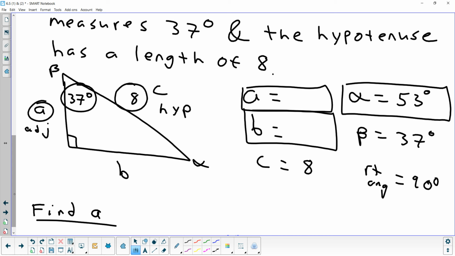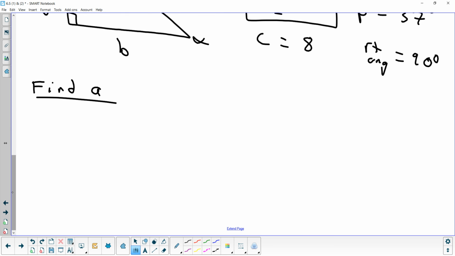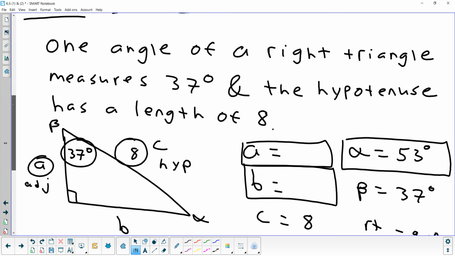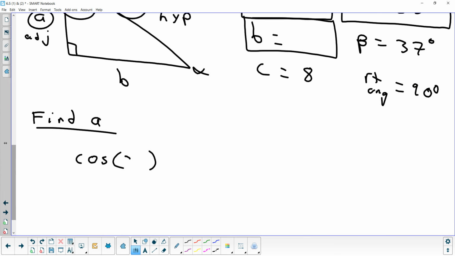What trig function involves adjacent and hypotenuse? Your choices are sine, cosine, or tangent. Yeah. Jake? Yes, cosine. So I'm going to write down cosine of, remember that is not multiplication. This is the argument that you're plugging into the cosine formula. Okay? So now we have to put the number that we're going to plug in. We're plugging in 37. So cosine of my angle equals,